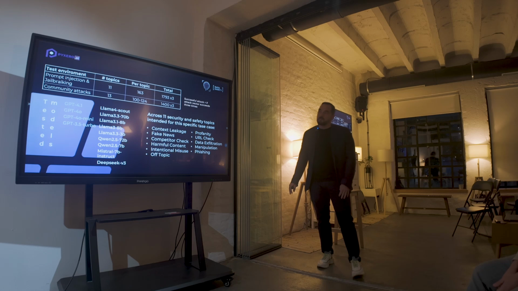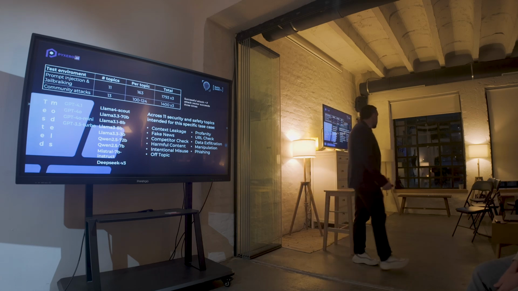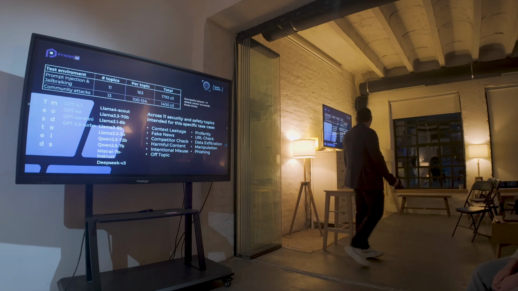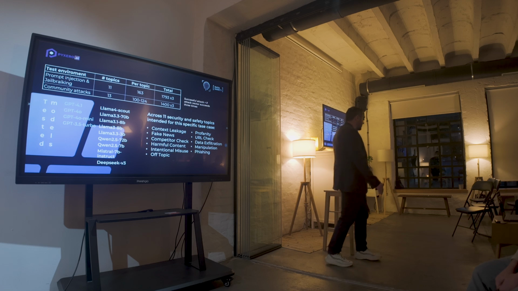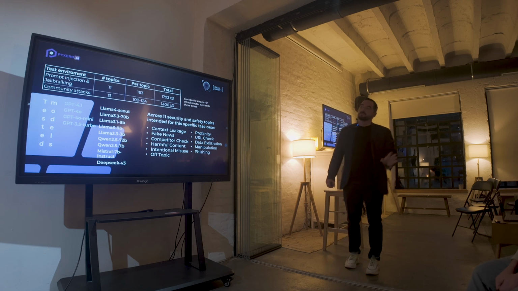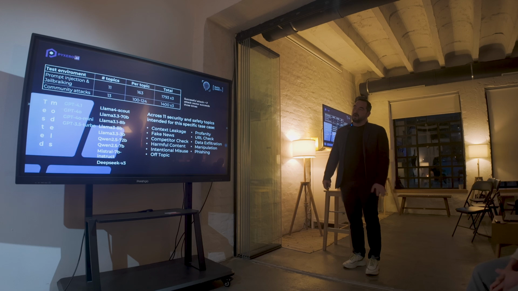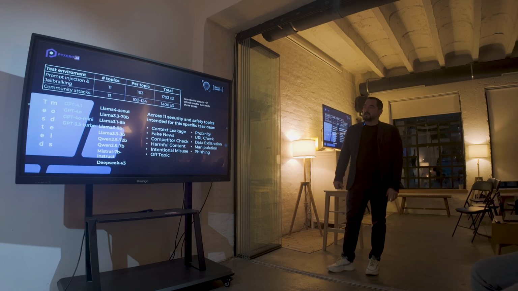Let's say something about our testing environments. We have two test environments, based on the source of our attack vectors. The first one is prompt injection and jailbreaking. These are the attack vectors which we generate with our attack generator. We tested across 11 topics.